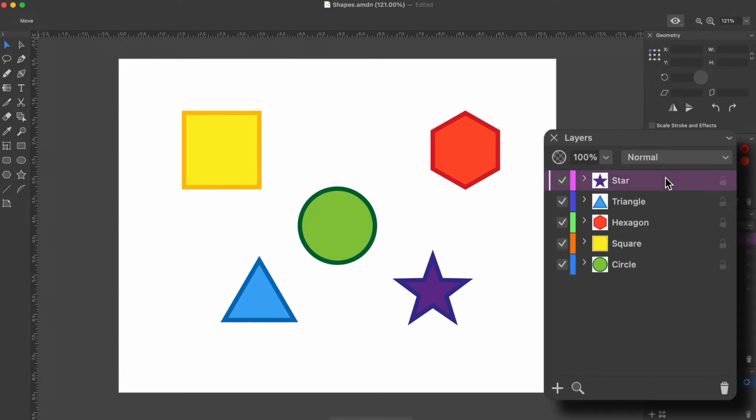Now, how does the app decide in which layer a new object should go? The layer that will store a new object is called the active layer. The active layer is one that is selected directly or one that contains a selected object. If nothing is currently selected, the app will use the layer that was active last. A gray bar on the left side of the panel indicates the active layer.